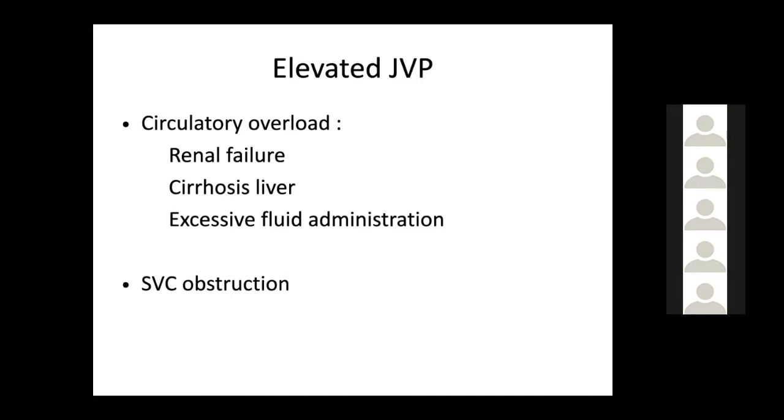I will tell you one practical point. Before seeing a patient's JVP, make a habit of seeing both the right side and the left side. Never see only the right side of the neck. Always see the left side of the neck, because there is a condition known as LSVC, that is the left superior vena cava, where the JVP is seen on the left side. There are many cases where people pick up an LSVC, which is an echocardiographic finding, by seeing the JVP on the left side. So always see the venous pulsation on the left side apart from the right side.